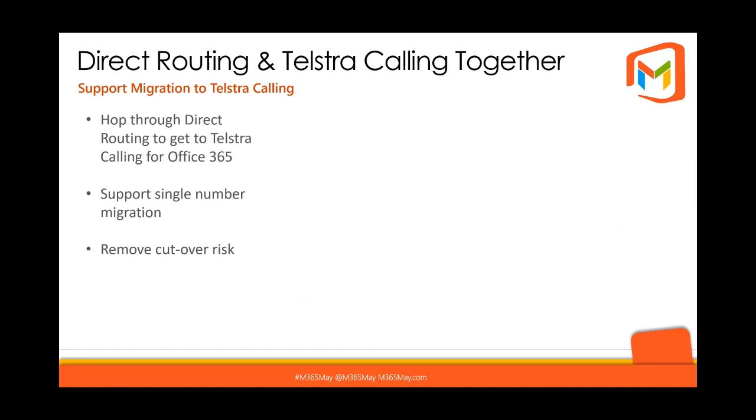So if I've got an office of 100 people and they've got a 100 number range, I have to move that to Telstra calling in one hit. So, a big bang approach, if you like. I might not want to do that. I might want to have a mechanism in place where I can move individual numbers out of that range over time. I can support that with